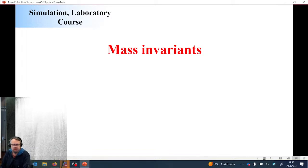And now I would like to spend another 10 minutes, 10 minutes only, on the mass invariants. It's not going to be more than that, but I'm going to take the timing so that it's just 10 minutes for mass invariants, and there's going to be a question in the class quiz right after, which is asking what is the role of the mass invariants. The role of the mass invariants is to combine